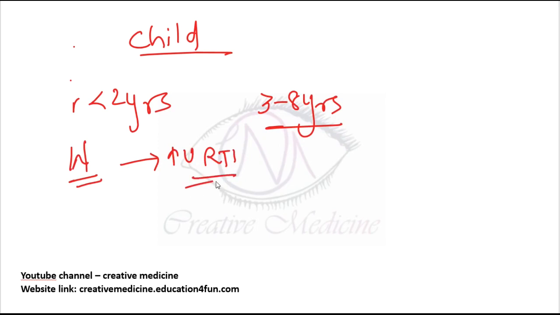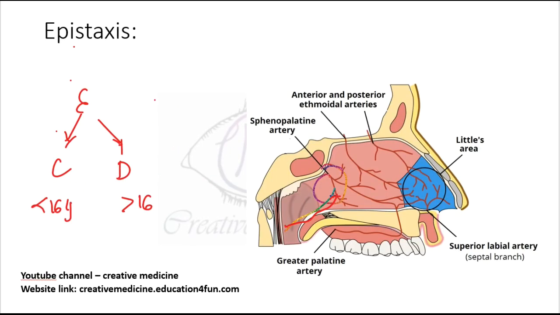What is the most common site? Obviously, anterior epistaxis is most common in children. So, it is most common in the anterior part of the nasal septum, because in the anterior part of the nasal septum, the nasal mucosa is very thin and it is exposed to dry air currents. So, it is most common in the anterior part of the nasal septum. This anterior part of the nasal septum, where the nasal mucosa is thin and epistaxis is common, is actually the